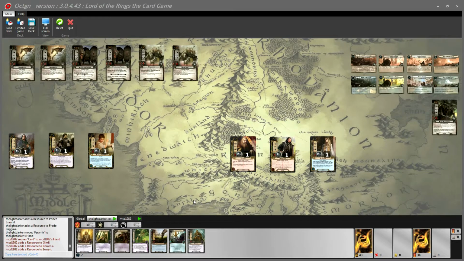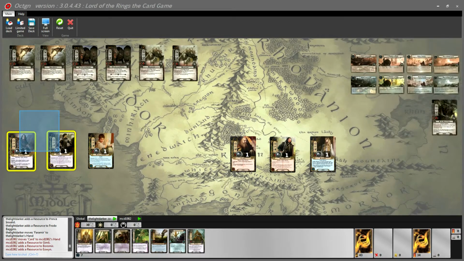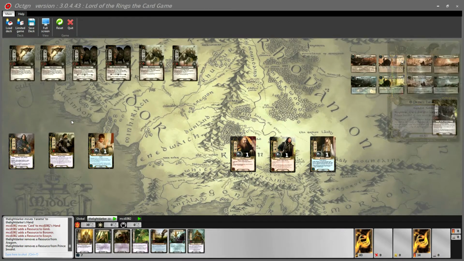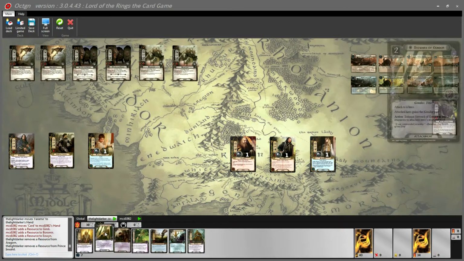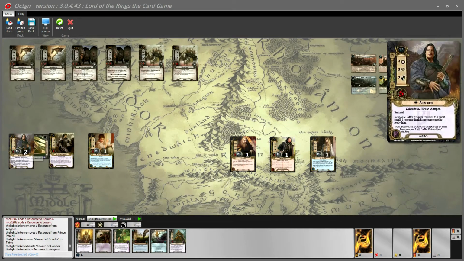Alright, so I think for my very first turn, since we want to try and get cheap allies onto the table to get rid of these wolves from Mordor as quickly as possible, I'm going to steal 1 resource from Prince Imrahil and 1 from Aragorn, and I'm going to go ahead and play Steward of Gondor on Aragorn. I'm going to go ahead and trigger that right away, and I